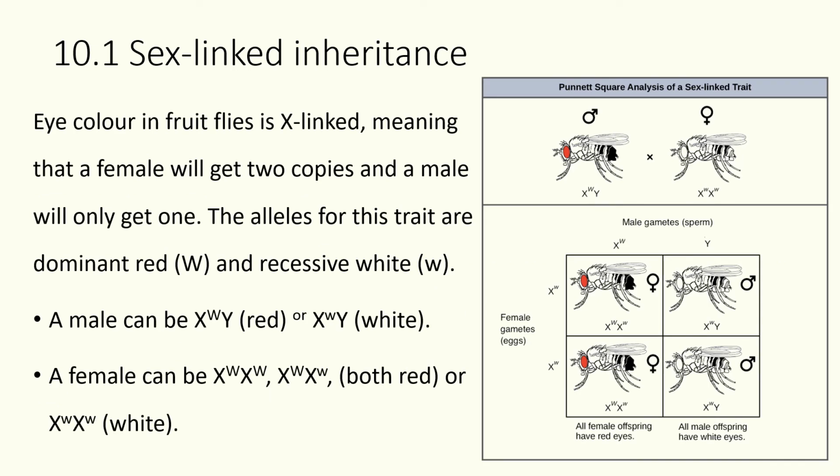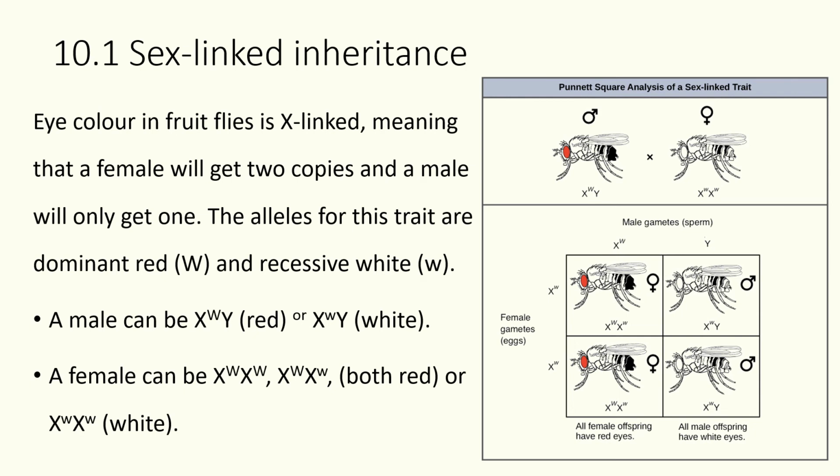Eye color in our friends Drosophila melanogaster, the fruit flies, is a good example of an X-linked trait. Females get two X's, so they will get two copies of it, but males could only get one. In the case of eye color, we have red or white, with red being the dominant trait